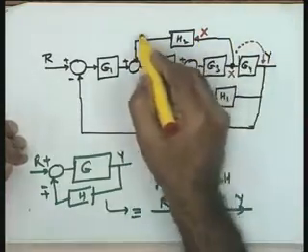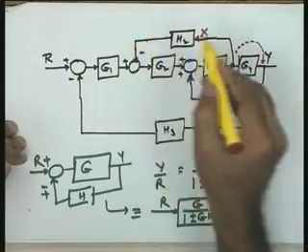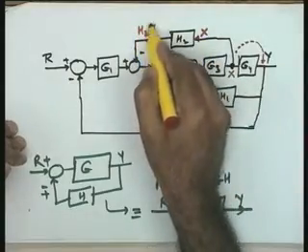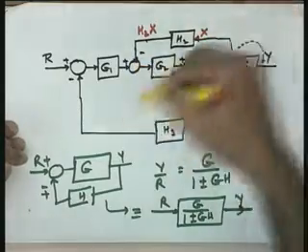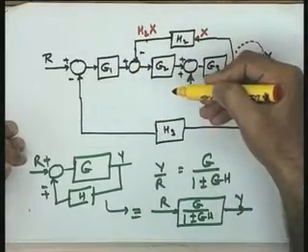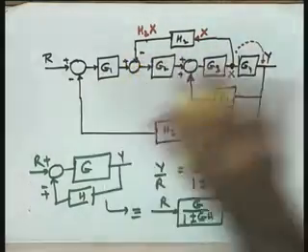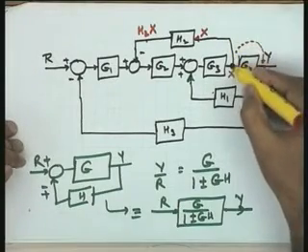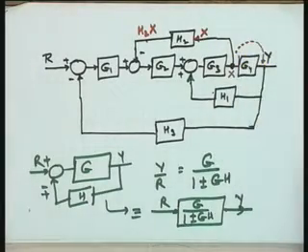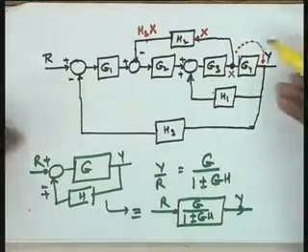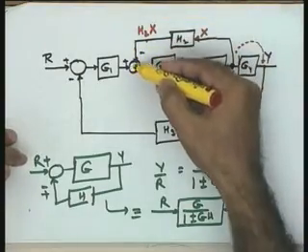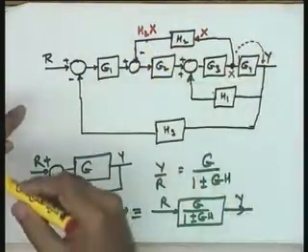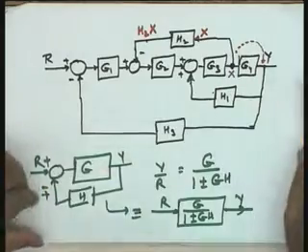Rather, I can say the output of this particular block will continue to be h2 into x. After all, this is the variable which is being injected into the loop, into the block diagram. If this variable is the same, whether this comes from this point or any other point, it does not matter, because as far as the input signal to the block diagram is concerned, as far as this signal to the summing junction is concerned, it continues to be h2x. Yes, please help me, what should I do?